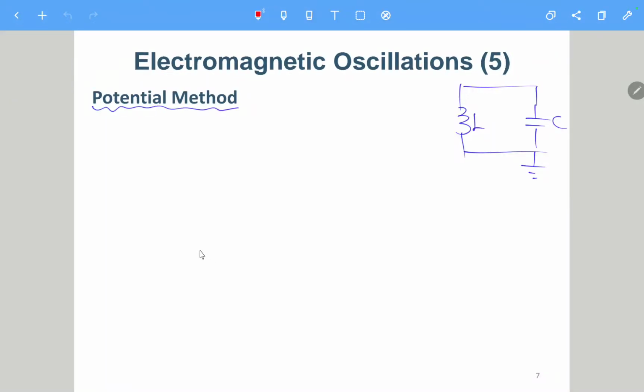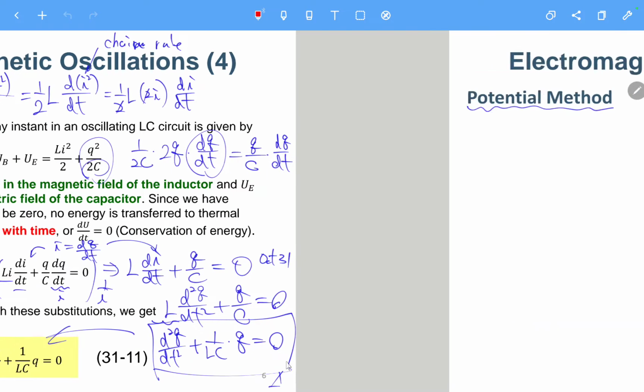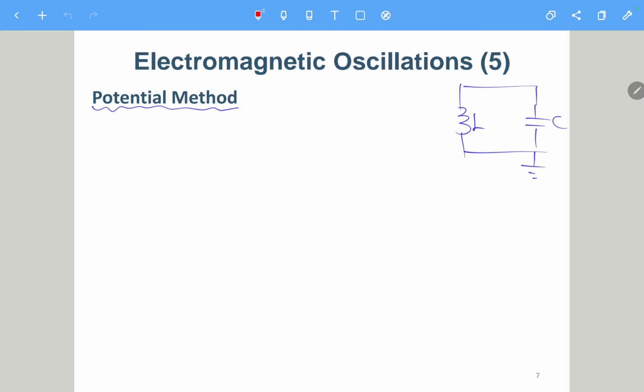Okay, so here let's see how we can use the potential method to also derive this equation. Actually, I used to use this method rather than the energy method, but I think the energy method is quite interesting. So just to let you know both ways get the same result. Okay, so here